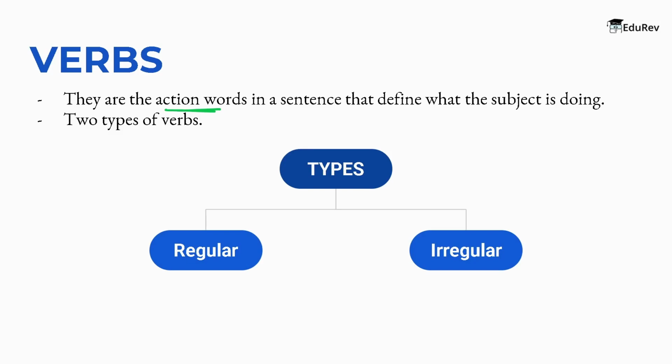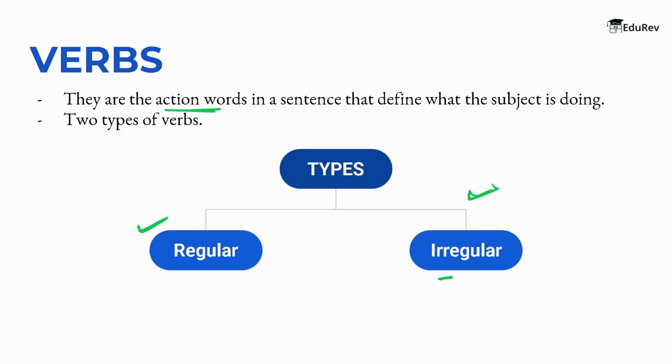So that defining word, the action defining word, has to be your verb, right? Now, based on the formation of your past and past participle forms, your verbs are divided into two types. Your verbs will be divided into regular verbs and irregular verbs. Regular verbs follow a fixed pattern, whereas the irregular ones are going to follow what? A non-fixed pattern. Now, you do not have to worry about the definition of a regular verb